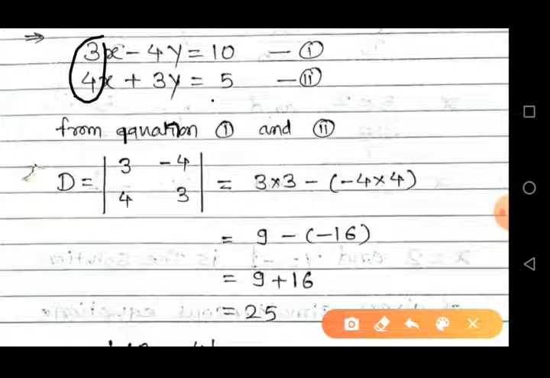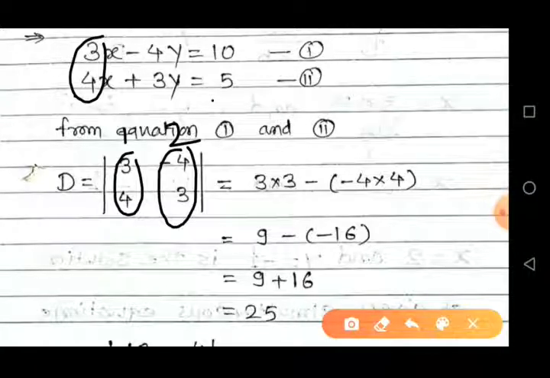I have written the coefficients of x from both equations, 3 and 4, in the first column. 2 means values of B1, B2 with sign. B1 itself is negative, that means minus 4. Write down the values minus 4 and 3 in the second column,